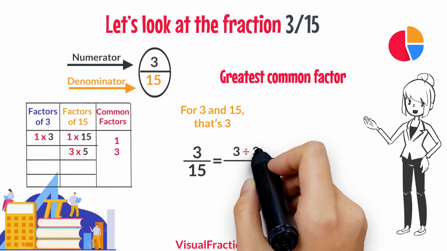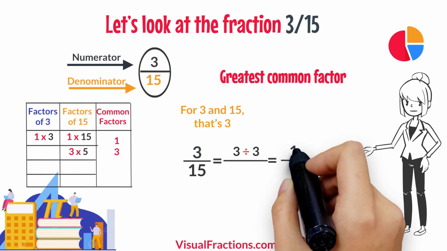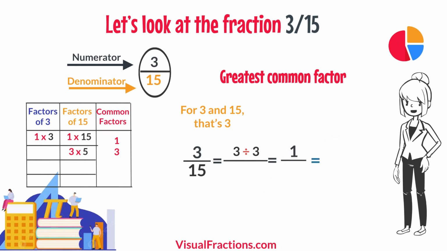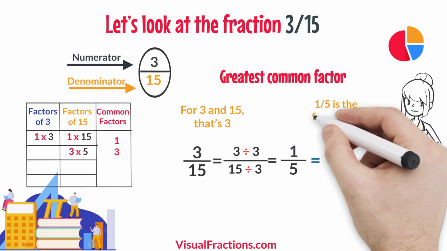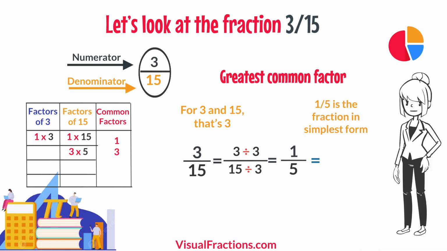We start by dividing 3 by 3, which gives us 1. Then we divide 15 by 3, which results in 5. So, simplifying 3/15, we end up with 1/5, which is the fraction in its simplest form and cannot be reduced